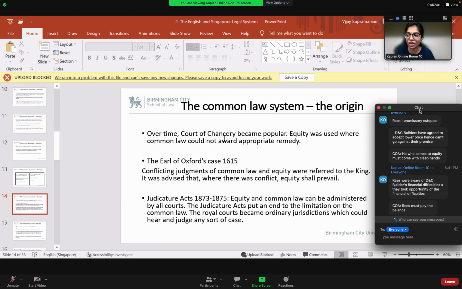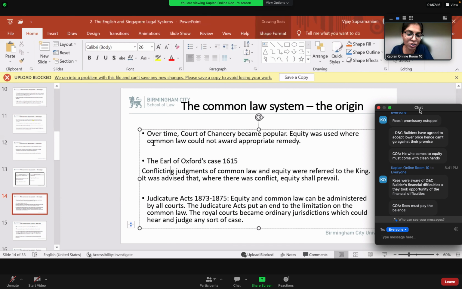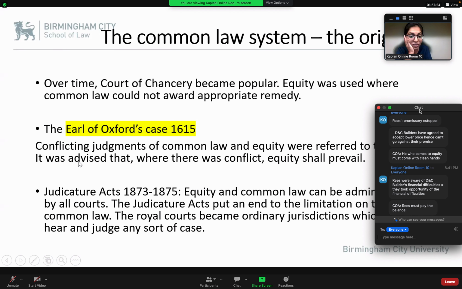He would have established that they were taking advantage of DNC Builder's financial position. Okay? All right. So now this tension escalated and went to the king. So it is through this case of Earl of Oxford, as you see, that the king had to decide if there's a dispute